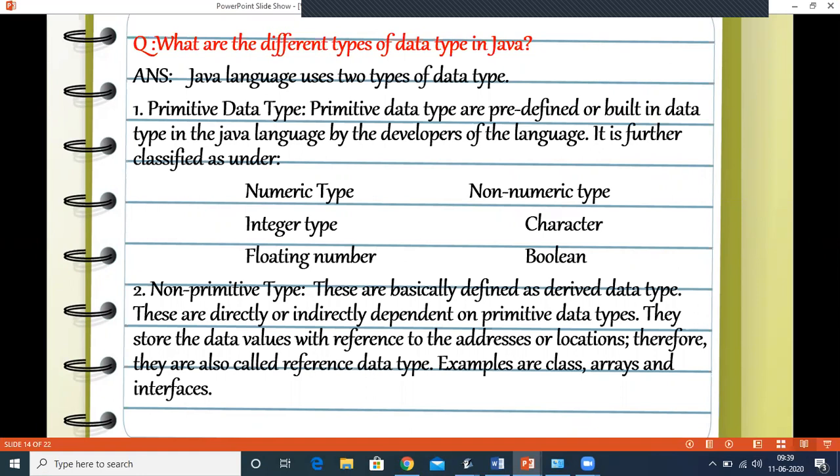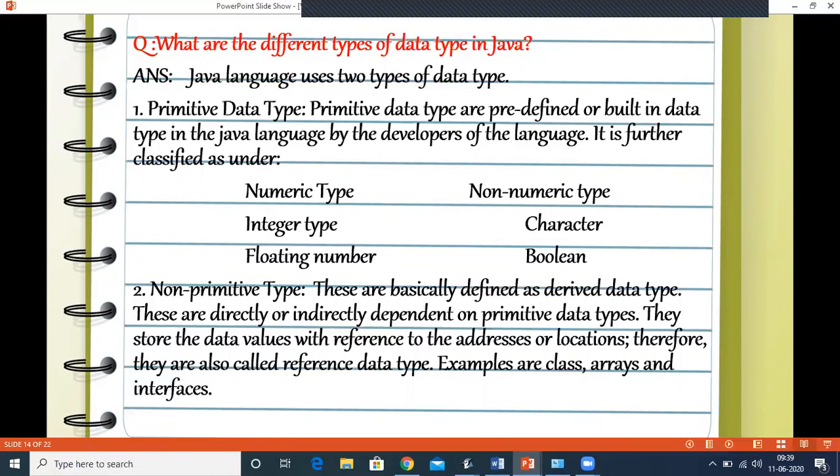Primitive data types are predefined or built-in data types in the Java language. They are further classified as numeric type, under which come integer type and floating type, and non-numeric type, under which come character and boolean. In integer, we have int, short and long, and in floating, we have double and float.